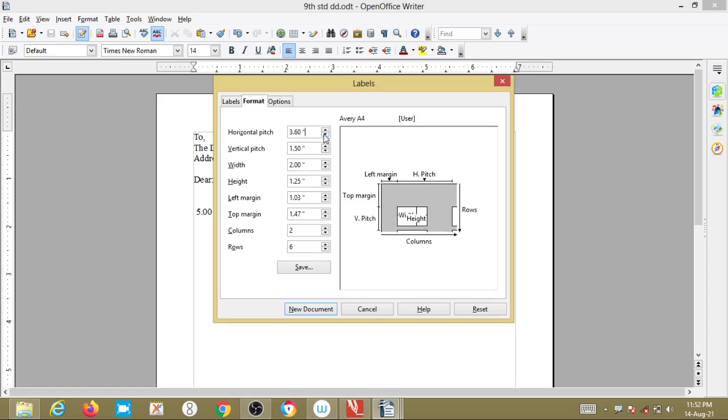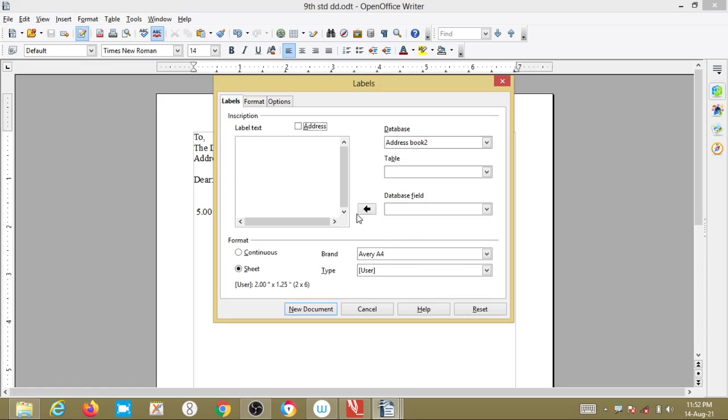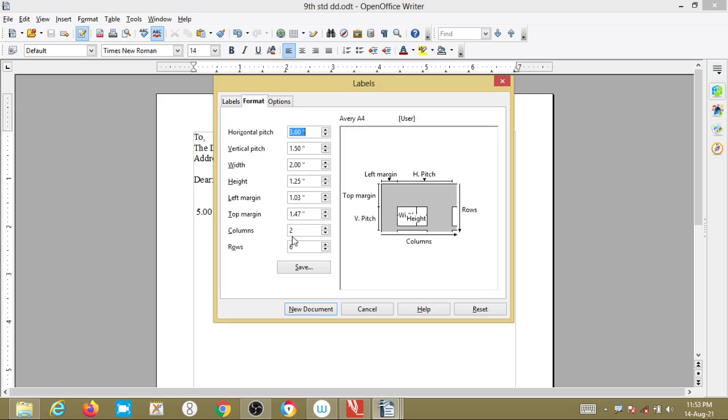Okay. Keep it as it is, then you can give save. Or if it is as it is there, then come back to labels, go to database field, and again you will get a drop down